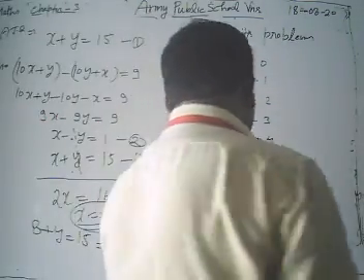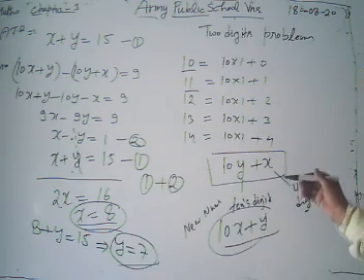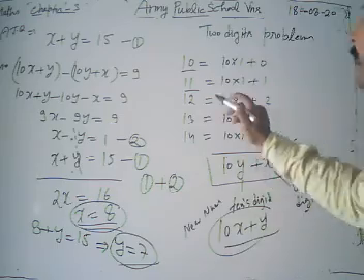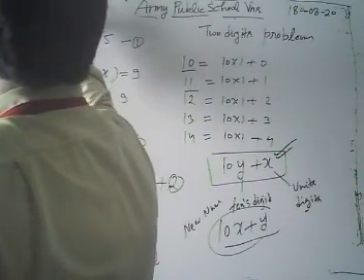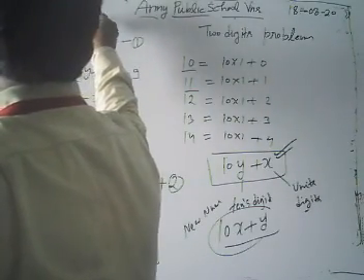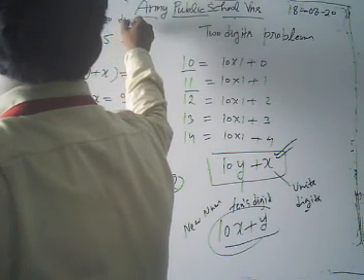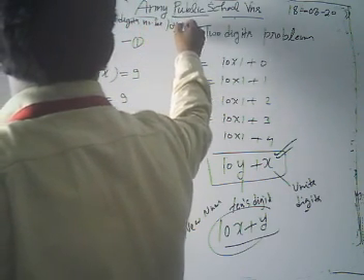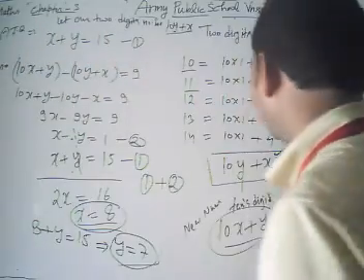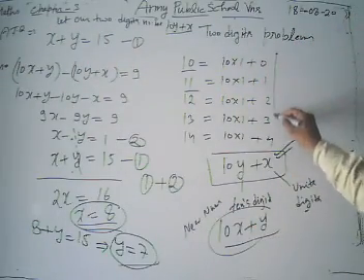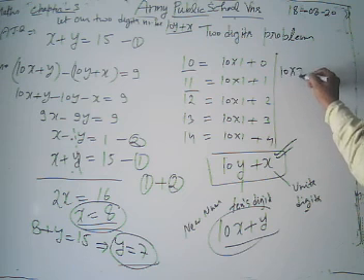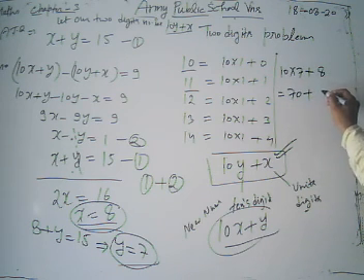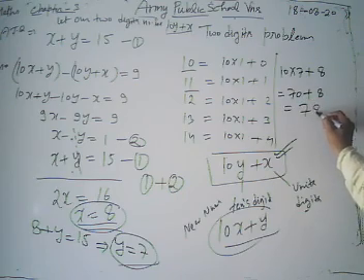Now we have to find out the two-digit number. We have to start with, let our two-digit number be 10y plus x. Then what is our number? We have y as 7, and our number is 10 into 7 plus x. X is 8. 70 plus 8. What do we get? 78.